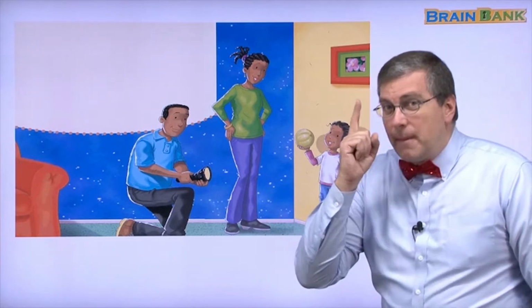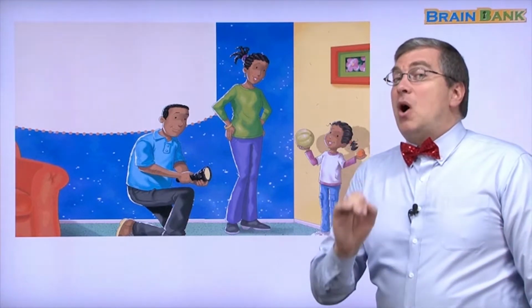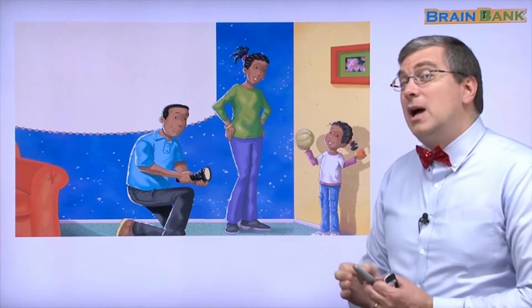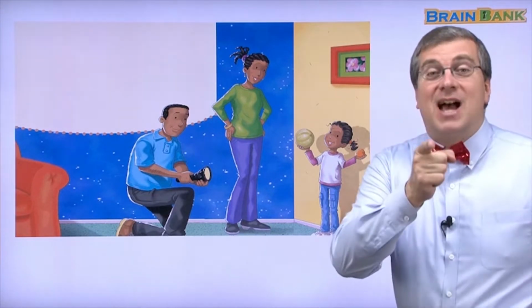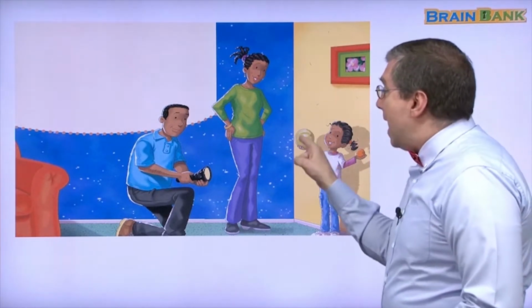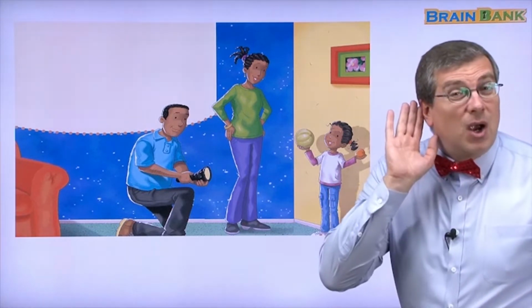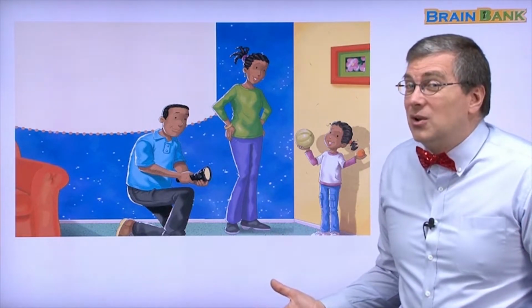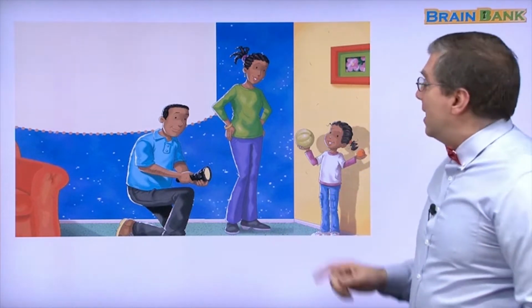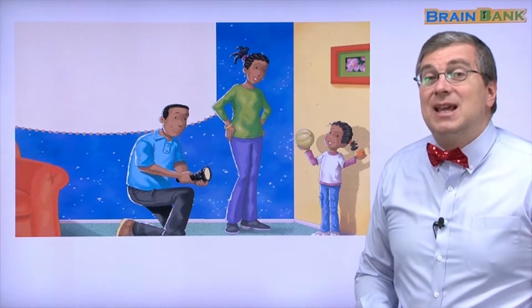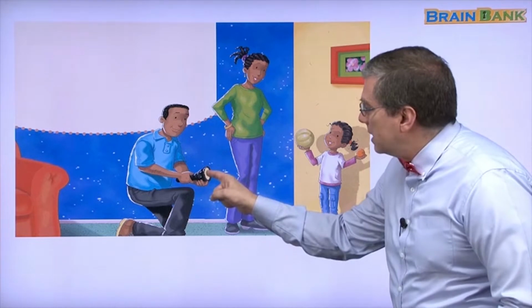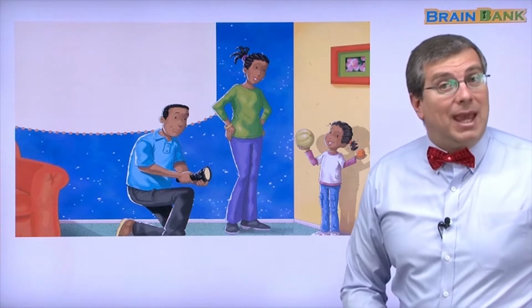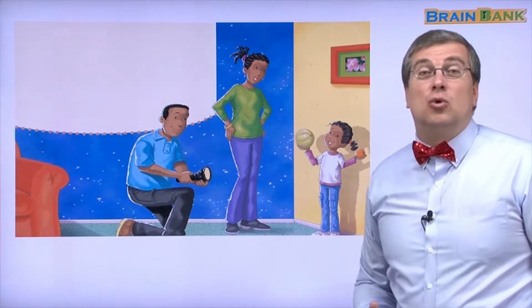Do you remember part 1? In part 1, we said the flashlight was the sun. That's right. The melon is the earth. That's right. And the orange, what is the orange? Do you remember? Yes, the orange is the moon. So sun, earth, moon. How can we make an eclipse? Let's read.